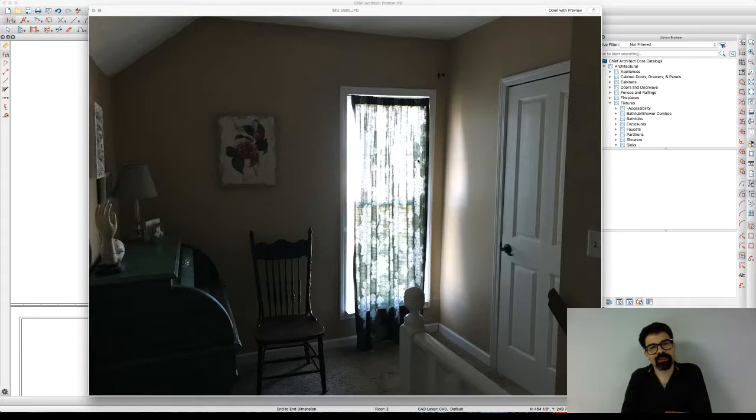Once again I'm working on Chief Architect Premier version X9 on my iMac desktop computer. This morning I measured an existing conditions home and I came up with this situation here where I have a sloped ceiling, and I wanted to quickly show you how I model that and figure out what pitch that is at. So what I did was I measured the height of this wall